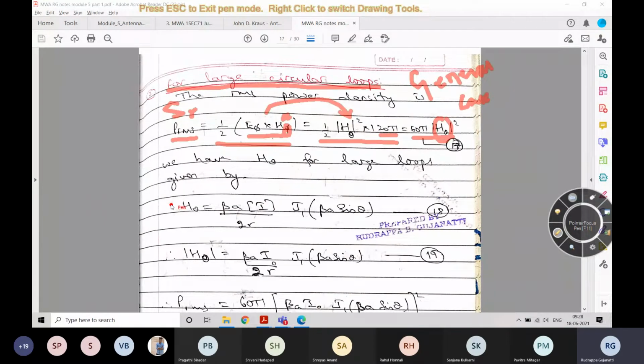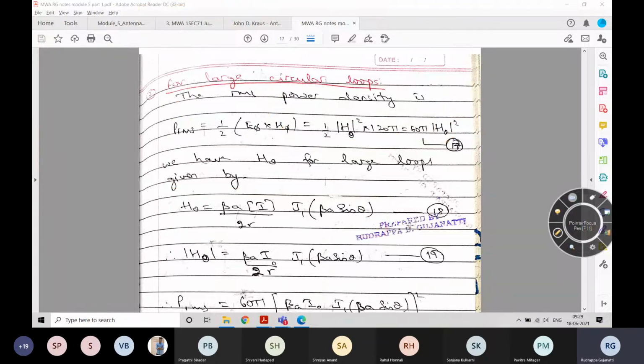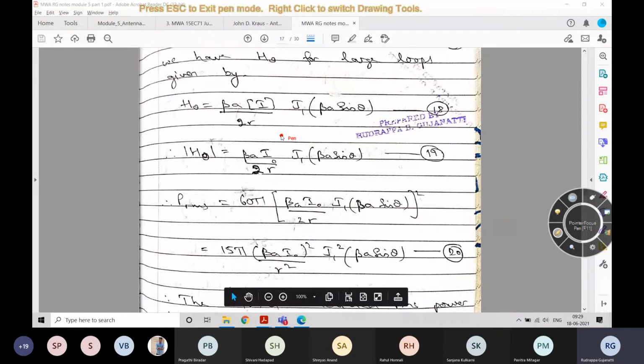So for that, what were the fields we had obtained? We had seen that H theta was given by this equation, which is beta into A into retarded current divided by 2 times r, into J1, the Bessel function of first order, which is related to the parameter beta A sine theta. So now when we take the magnitude of this, what we have,